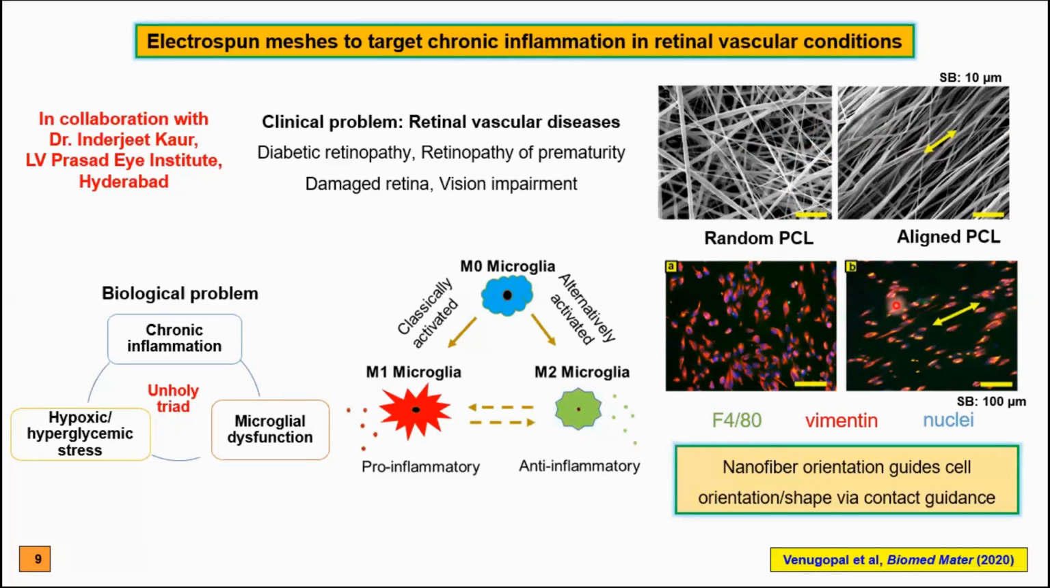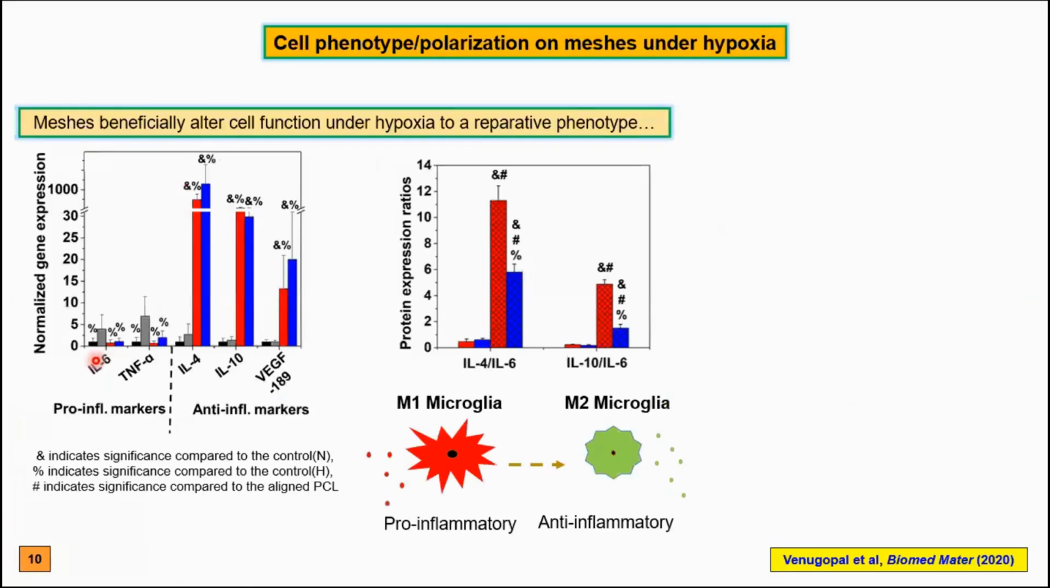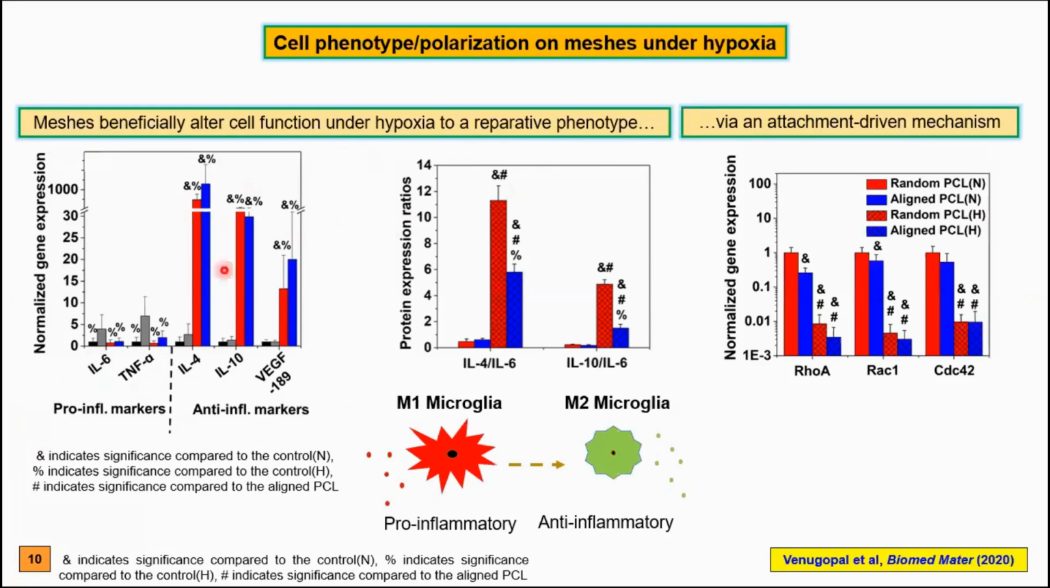These are microglial cells, CHME3 microglial cells. We were able to show that nanofiber orientation guides cell orientation and cell shape via contact guidance. But the key question is, what do these differences translate to in terms of phenotypic differences under hypoxic conditions, which is known to persist in diabetic retinopathy? There we were able to show, using gene expression and protein expression studies, with these random and aligned meshes, where the black and gray bars are normoxia and the blue and red bars are hypoxia, that under hypoxia